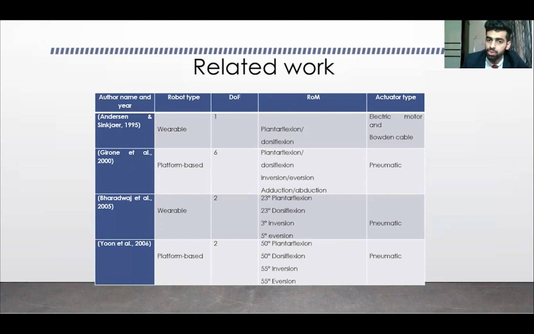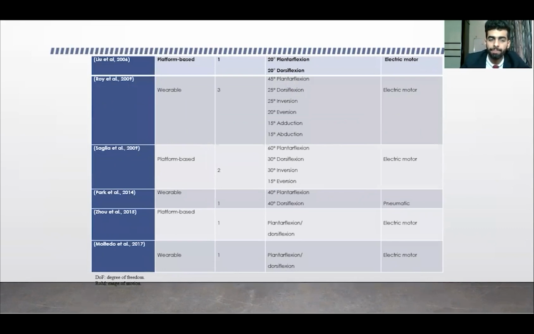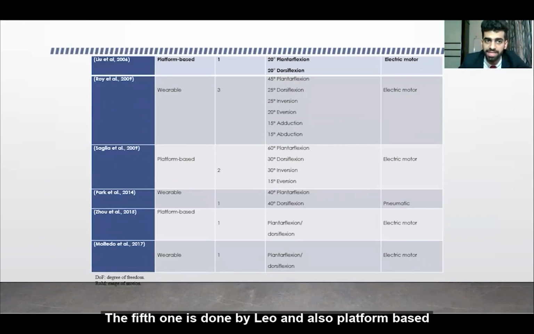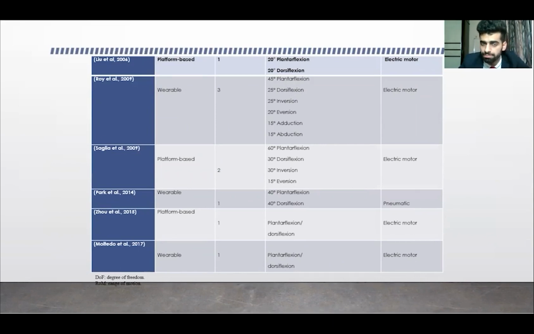The degree of freedom is 2, and the range of motion is 50 for plantar flexion and 50 for dorsiflexion, and 55 inversion and 55 eversion. And the actuator type is pneumatic. The fifth one is done by Leo. It's also platform-based, and it allows 1 degree of freedom, the range of motion for plantar flexion and dorsiflexion, and uses an actuator as